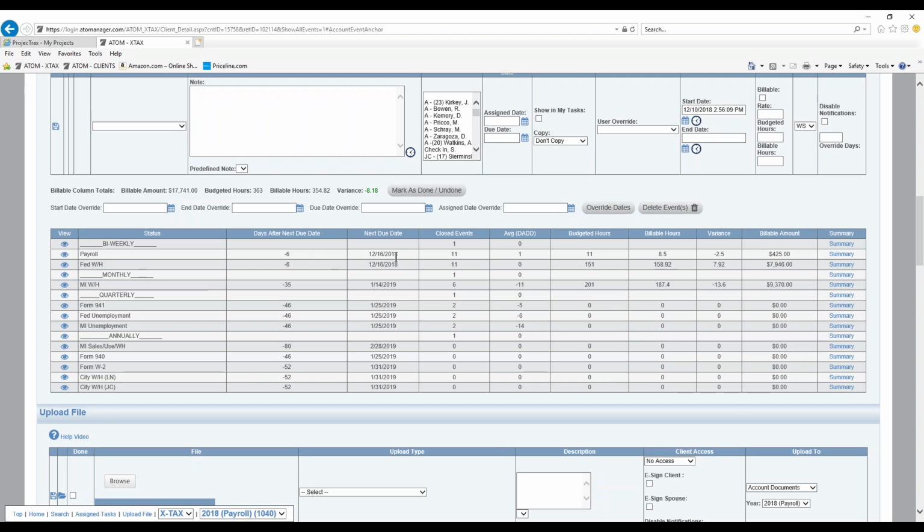Now if I go down to my table here, payroll, days after the next due date, -6, my next due date is 12/16. So I have 6 days before I have to actually worry about that event, that task, or be reminded to do that task. If I want to take a look at that one, though, I click on the view icon,